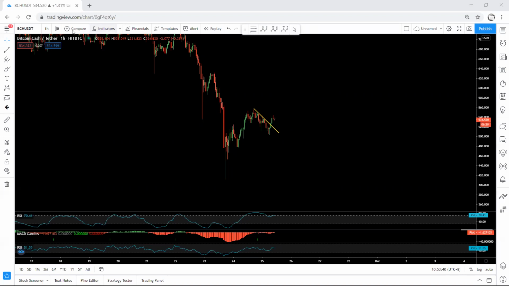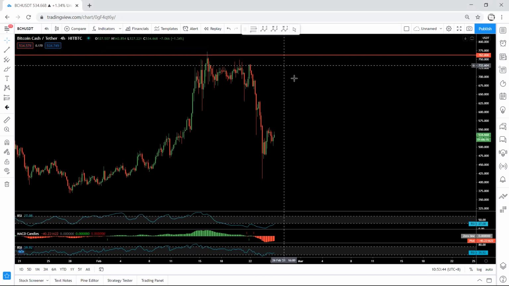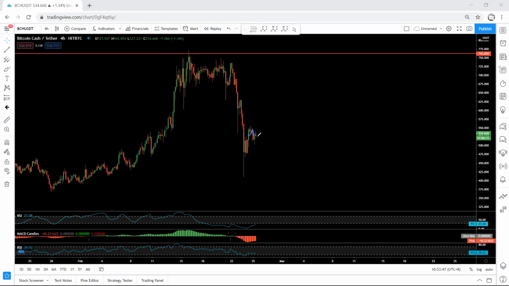Now we move to the 4-hour chart. You want to see what we have based on the 4-hour chart? Based on the 4-hour chart, if we get a bigger correction, it can give us a better confirmation. And if we move to the daily chart,